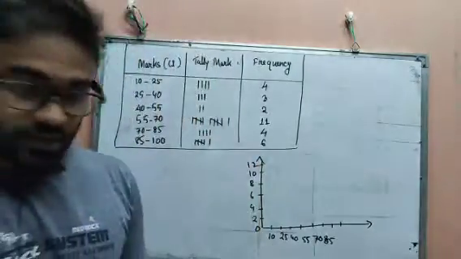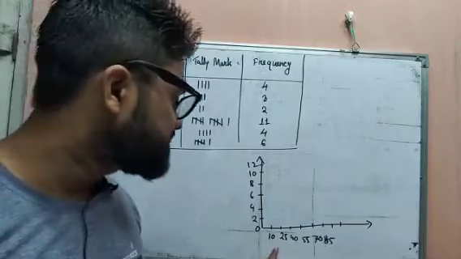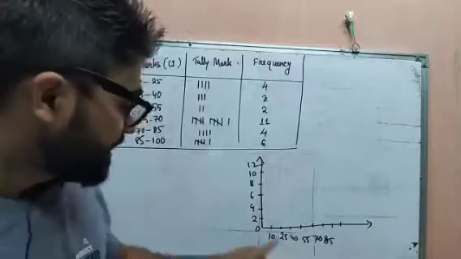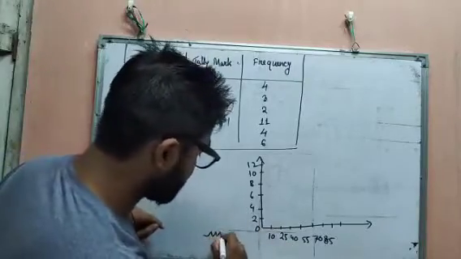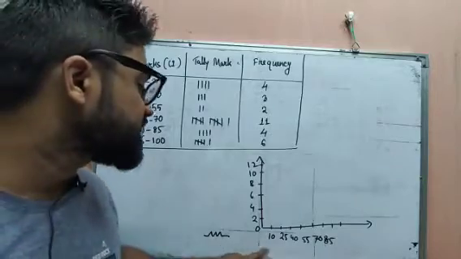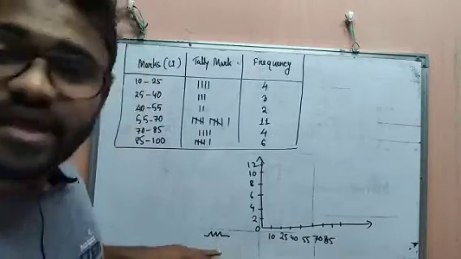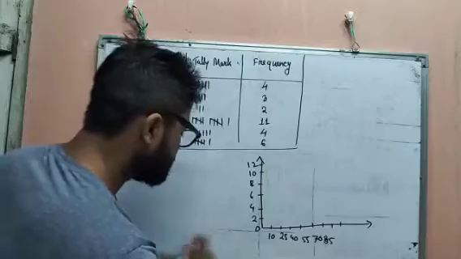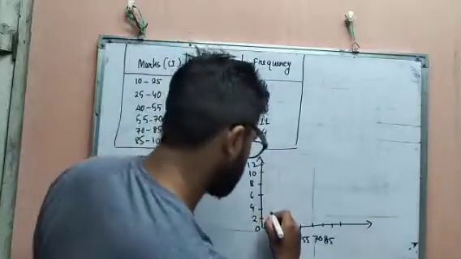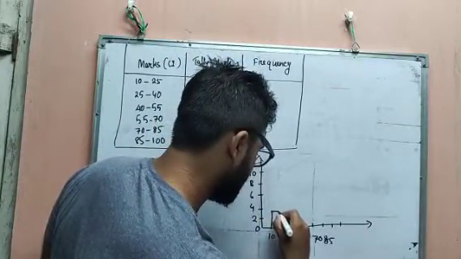Okay, and a very important thing: if the class interval does not start from 10, suppose it starts from 40, at that time you have to draw like that. Why? Because this is the breaking part. This indicates that it starts from 40 and this part is avoided. Okay. So against 10 to 25, you can see there is a 4. So you have to put that histogram like that.